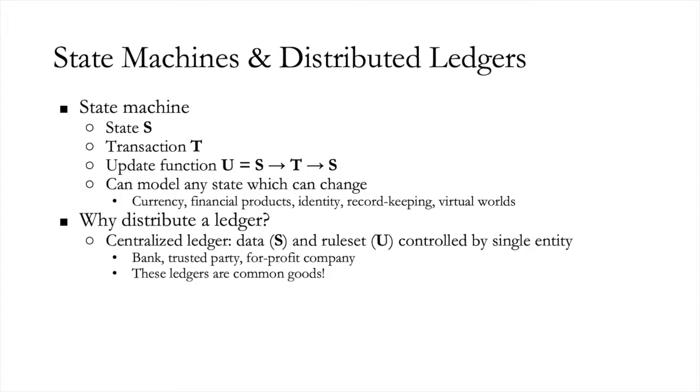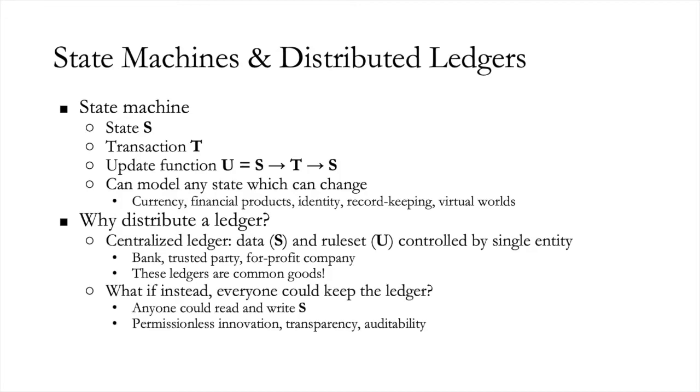However, these ledgers are common goods, or commonwealths. We want it to be the case that many different people can utilize such a distributed ledger because it provides net benefit to the economy of people using it. And it's ideal if that doesn't require trusting the central company or the central party, because the central party's incentives are not necessarily aligned with those of everyone using the ledger.